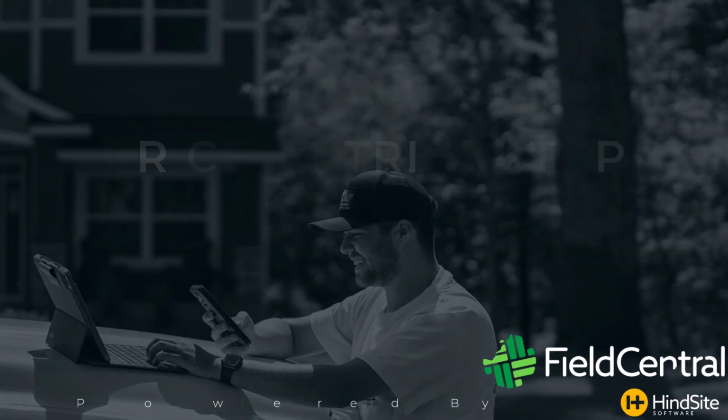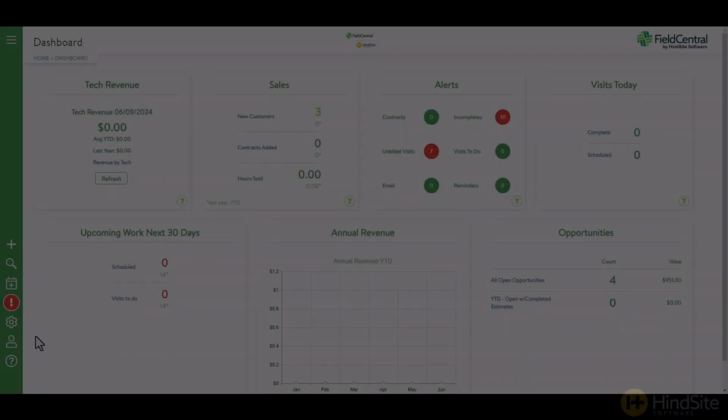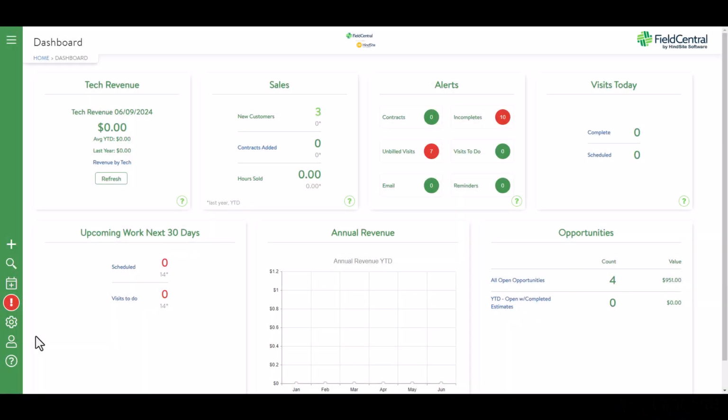Welcome! In this video, we will cover how to navigate to and set up your own price matrix within Field Central, including some best practices. Price Matrix allows companies to set up seasonal service pricing based on property-specific factors. In addition, this tool allows users to seamlessly mass update and maintain pricing from one location, even if needing to take into account modifying factors.